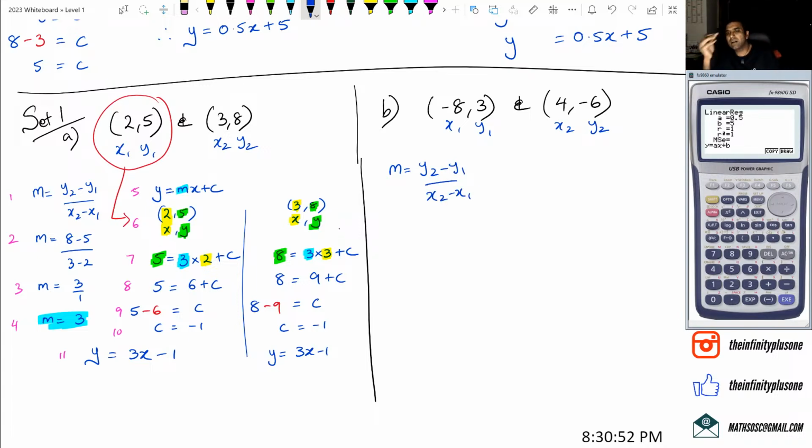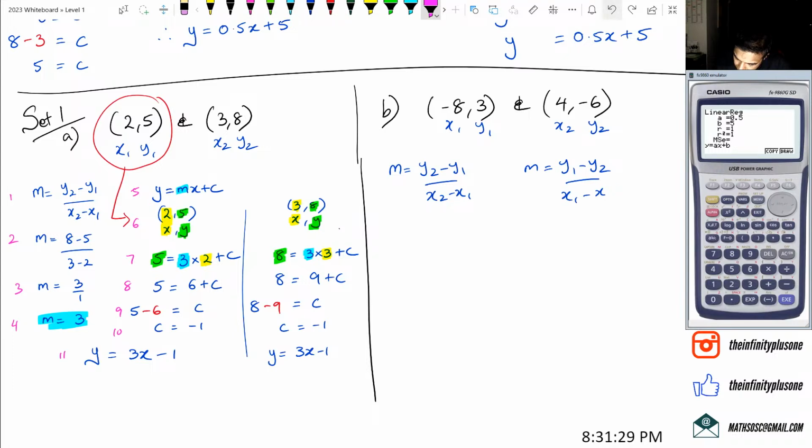Now, if you say, oh, I can't remember, was it y2 or y1 that goes first? Honestly, guys, it doesn't matter. What matters is that you stay consistent with your second point, either point. You could even do y1 minus y2 divided by x1 minus x2. It's still going to be the same. As long as those numbers are matching up on the correct side, you are good to go. Those numbers can't be switched around in the gradient formula. So once we do that,